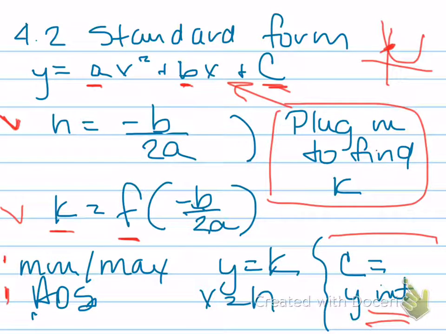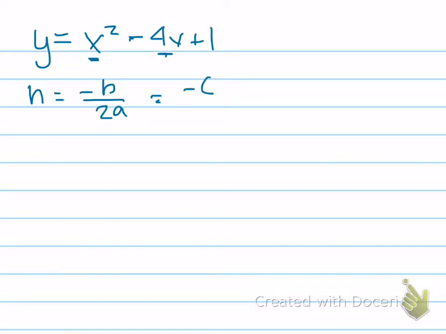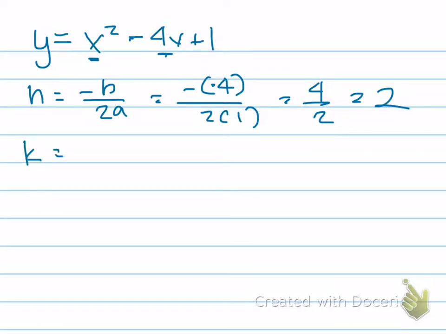So let's go ahead and look ahead. We're going to look at a couple of problems, and one is y is equal to x squared minus 4x plus 1. We find that h is equal to the opposite of b over 2a. And we go ahead and we just fill in the blanks. We fill in for the variables. That's all we're doing here. It's a matter of substitution. So what we find out is that h is going to equal 2,